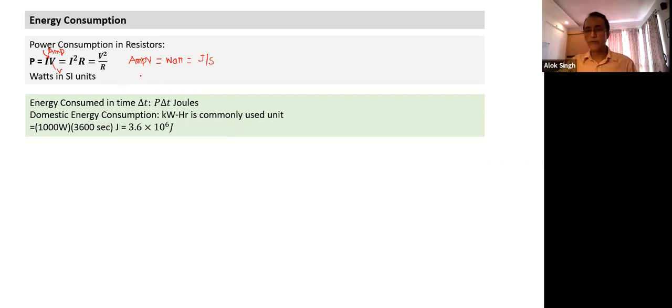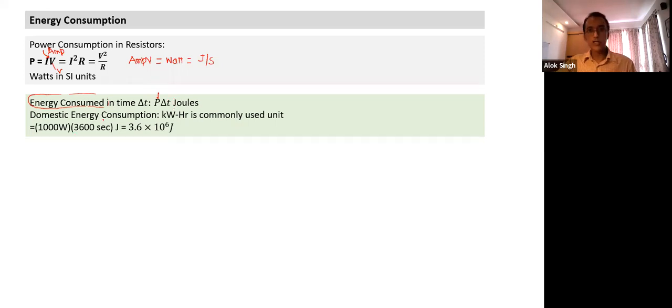But every month, whatever power we consume, power doesn't come free, energy doesn't come free. When we pay the electricity bill, it is based on energy consumption. So if power is P, what is the energy consumption? Power is energy consumed per unit time. So energy consumed is equal to power into delta T. This power is in SI unit, delta T in seconds, and the energy consumed is in joules.